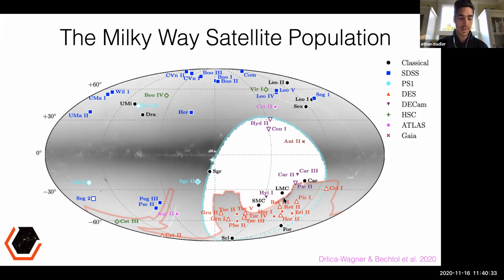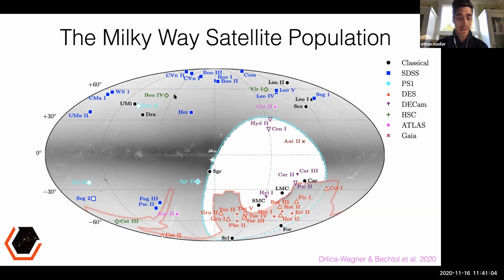And there are a few exciting things. One is that DES, of course, has surveyed the sky in the vicinity of the Large and Small Magellanic Clouds, and in fact has detected many ultra-faint satellite galaxies in this region. In fact, more than you would expect if galaxies were isotropically distributed on the sky. So this has actually been interpreted as evidence for the existence of satellites of the Large Magellanic Cloud accreting into the Milky Way. And I'll come back to this later.